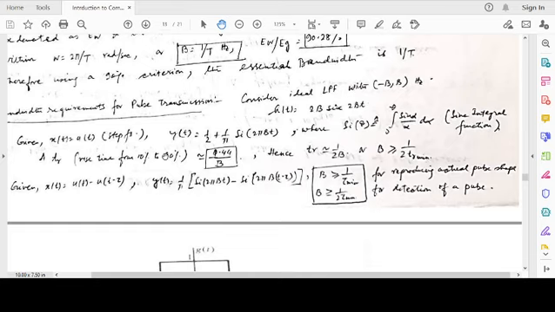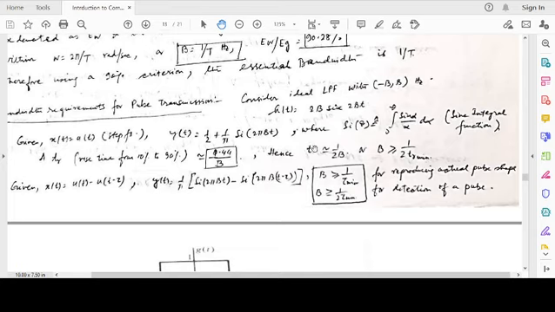So we consider the rise time from the time when it has reached 10% of its maximum value to 90% of its maximum value. You can have a different definition for rise time, 5% to 95%, and so forth. You can solve for this and find out when it has reached 10% and when it has reached 90%. It turns out to be 0.44 by B, where B is the bandwidth of my low pass filter.